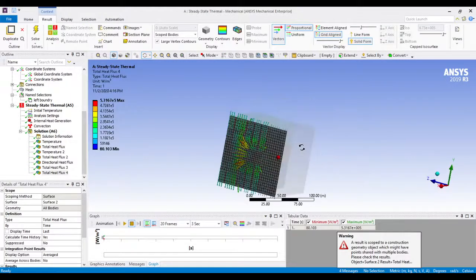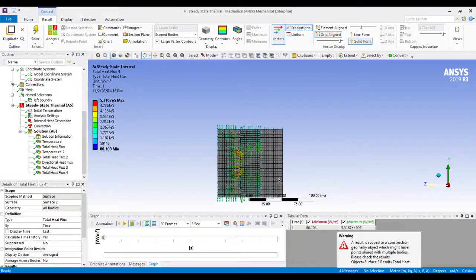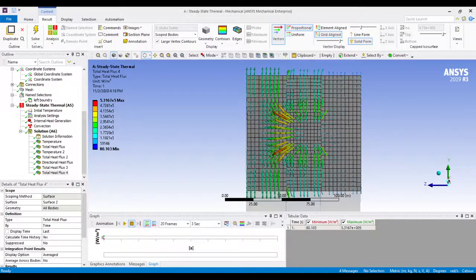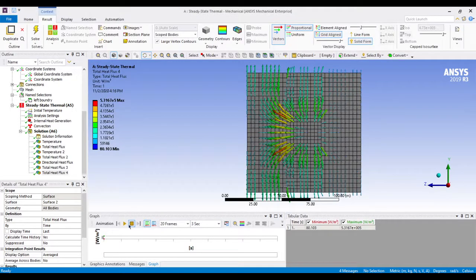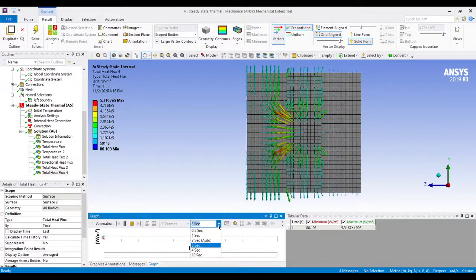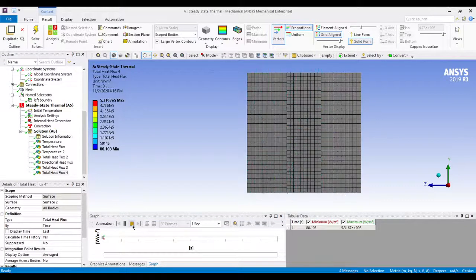Now here you can go normal to this direction, and you can see the analysis results, the direction of heat flow. So you can again see that from the left face most of the heat flows, and from the right face the least amount of heat flows. This is because of thermal conductivity.